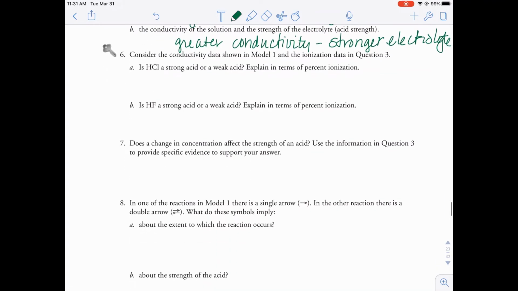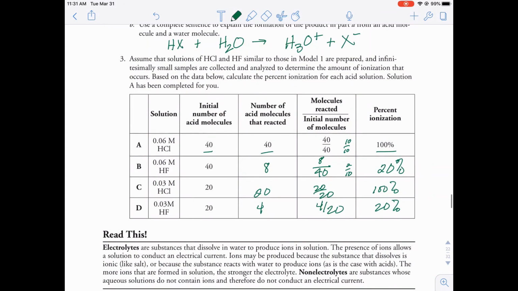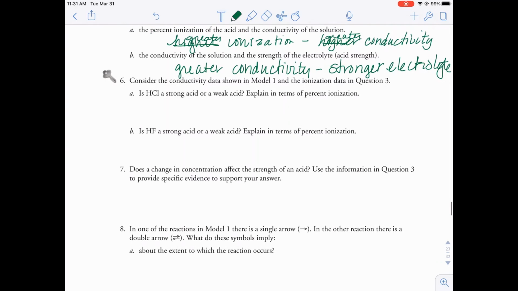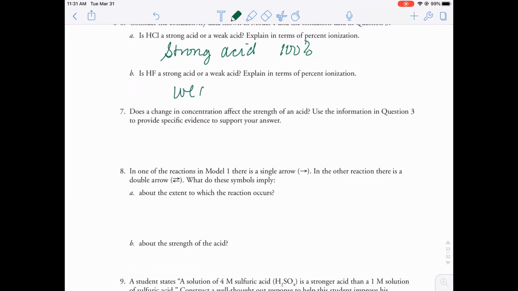All right. Consider conductivity data in Model 1 and the ionization data in Question 3. A strong acid, is hydrochloric acid a strong acid or weak acid? It is a strong acid because it has 100% ionization. Hydrofluoric acid would be a weak acid because it's less than